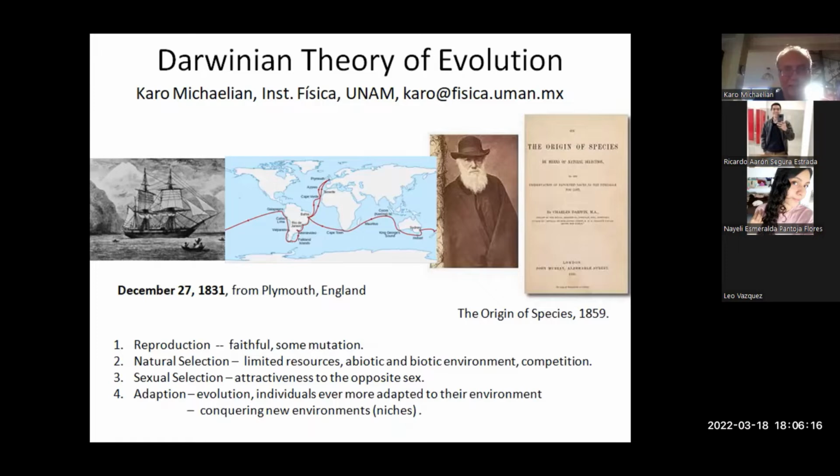And it makes sense, especially on the organismal level. But there are some problems, and that's what we're going to try to treat today: the problems with Darwinian theory, and whether a theory based on thermodynamics, a little bit more fundamental, and based on physics and chemistry, can try to resolve some of those problems with normal Darwinian theory. And Darwin himself admitted that there were problems with the theory, and we'll go through them.